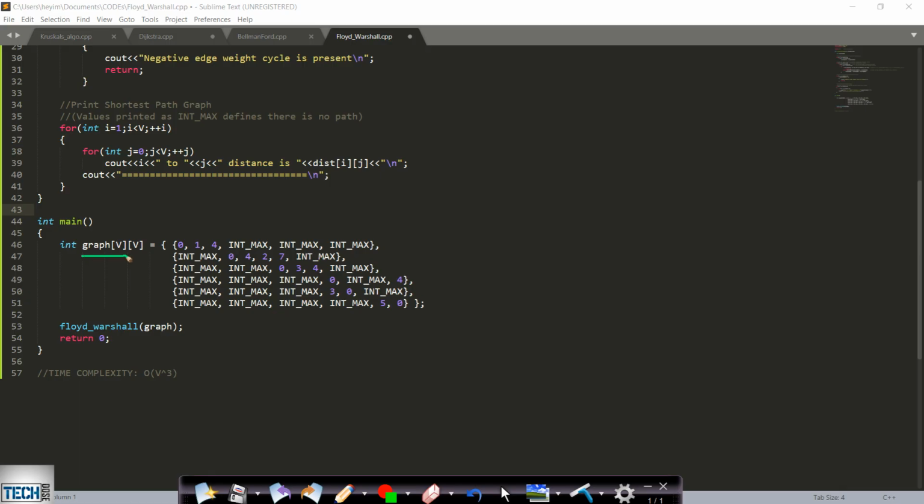In this case I have made a graph, and whatever you are seeing as 0 is basically the diagonal values. That is, there is no self loop, so it will be 0. And whatever you are seeing as integer maximum indicates that we do not know the distance from a given vertex to a certain vertex. So this integer maximum is saying that we do not know the distance from 0 to, this is vertex 0, 1, 2 and this is 3. So we do not know the distance from 0 to 3. Okay, so that is why we are writing integer maximum.